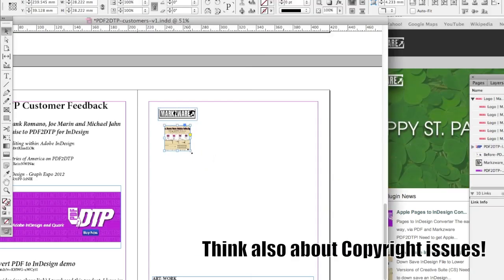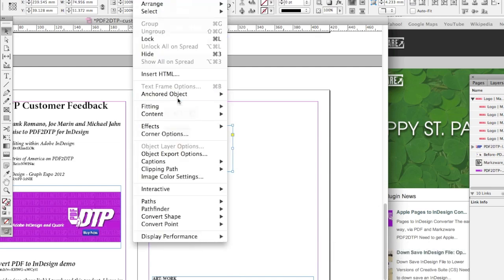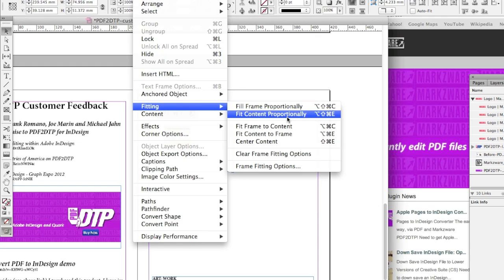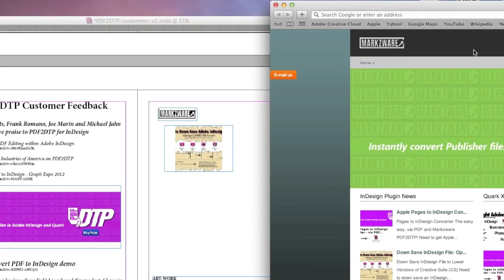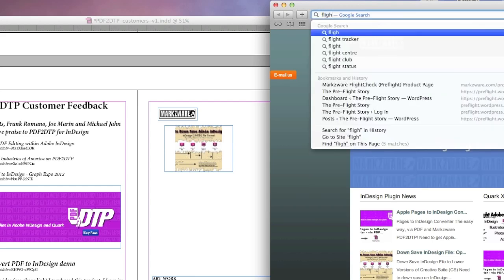Hey, and I want to make that bigger. So I just learned that trick, Object, Fit Content Proportionally. I make it bigger. And it looks relatively okay. It looks a little grainy, a little fuzzy. Is it high res or low res? These are all things we have to really keep in mind. People are using the internet. For instance, if you look for